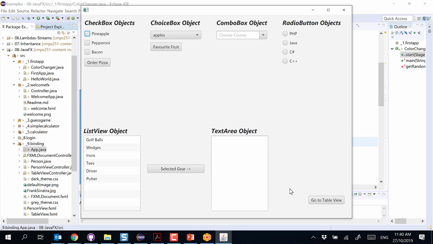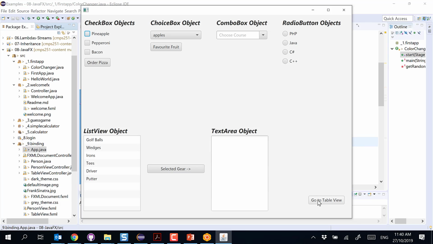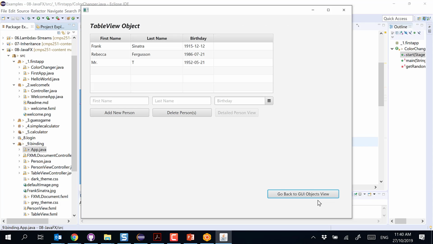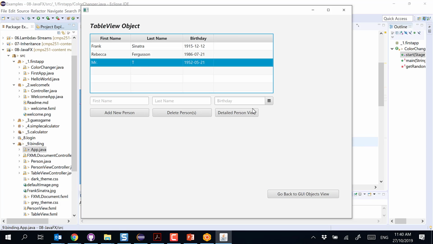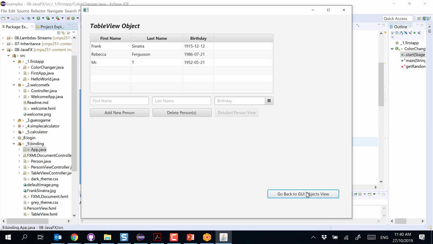This is what I mean. Here I have a stage, and when I click this, I get either another stage or another scene of the same stage. And I can go back if I wish. So this is what we intend to achieve. And not only this, as you can see here, when I click some buttons, there is some action that takes place. When I click another button, there is another action that takes place, and so on. So we will see